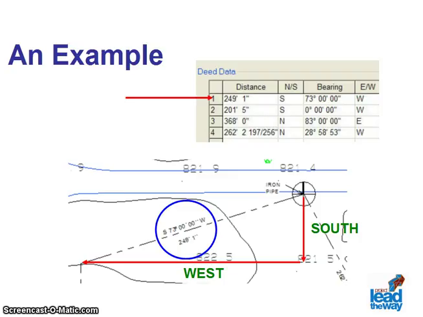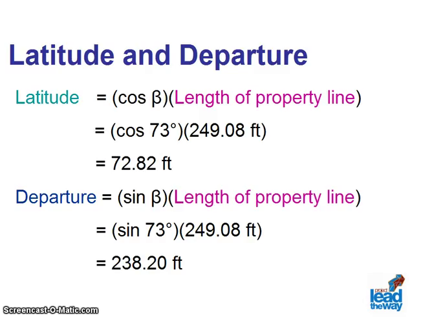The metes and bounds property description has been placed in a spreadsheet. We are going to assume that the property description begins from an iron pipe in the northeast corner of the property, thence south 73 degrees west, 249 feet, 1 inch. The latitude and departure of this first property line is determined mathematically. The latitude is equal to the cosine of 73 degrees times the length of the property line,